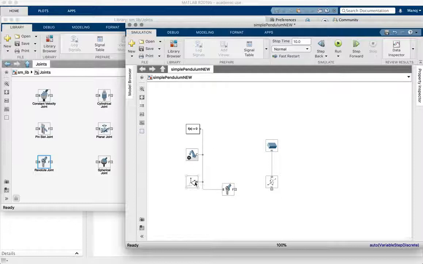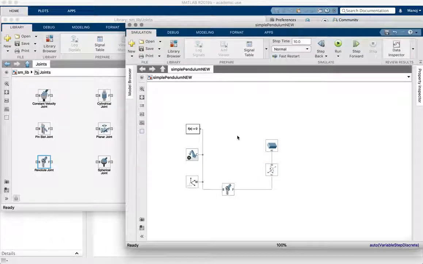Recall that the z-axis of the world frame is perpendicular to the plane. So that's exactly what we want. We want a rotation about the z-axis perpendicular to the plane, E sub Z. Okay, so we've just made the base frame of this revolute joint the same as the world axis, and then we make the follower of this revolute joint the same as this follower. Okay,